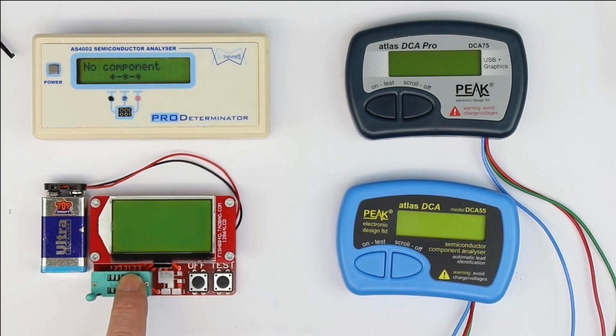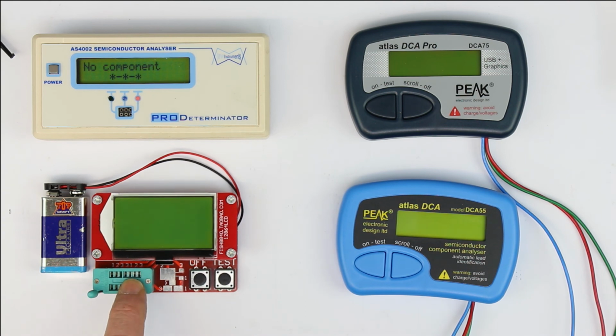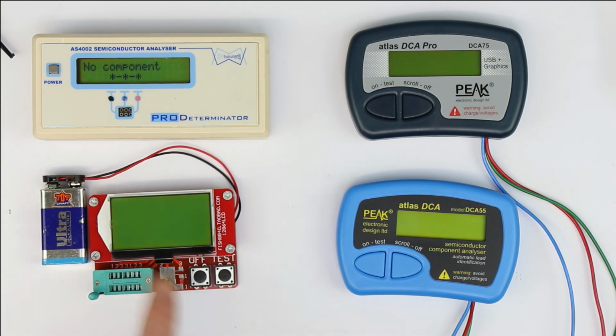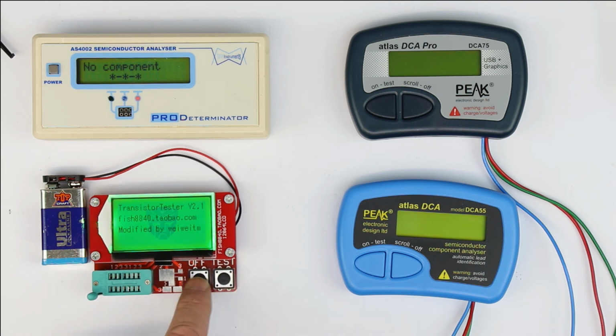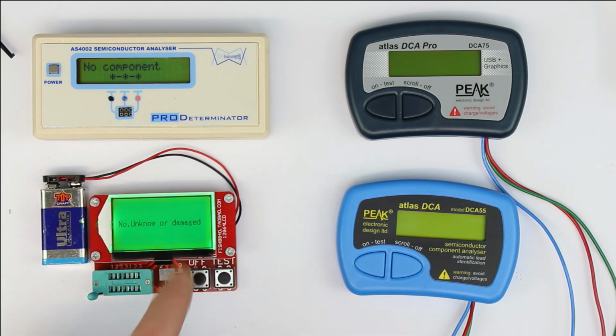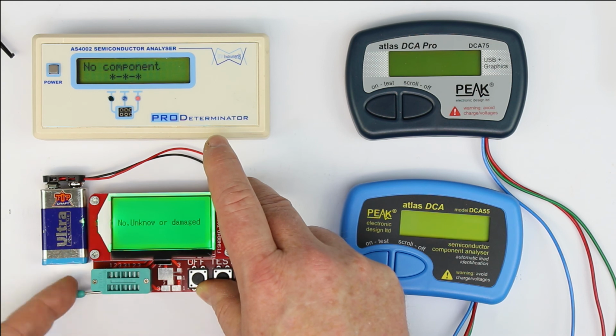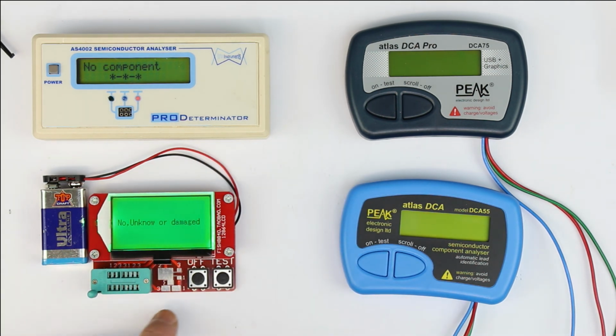This one here, the Fish 808040, which we also have available at our shop. As you can see, it uses a 9-volt standard battery. It has auto power off, so this off button is superfluous. It has a graphical LCD, as we will later see. Thereby it can also display the circuit diagram, or the symbol, of the component that it has detected. And it has a zero force test adapter, as well as some pads here, which are relatively useful when testing